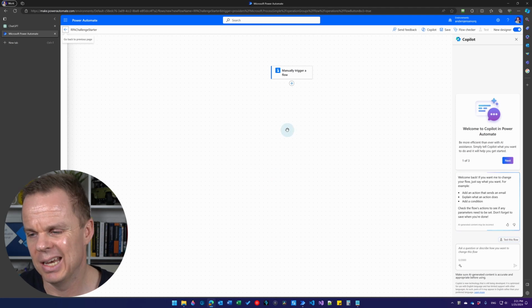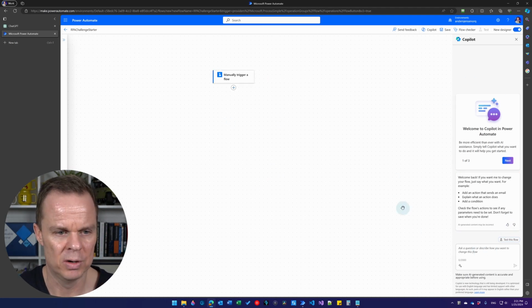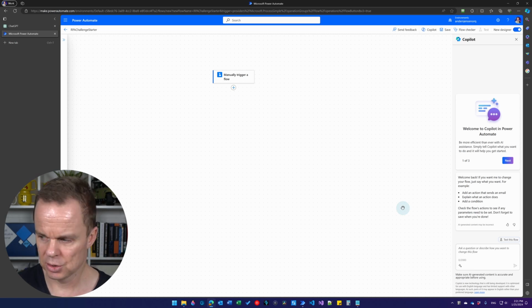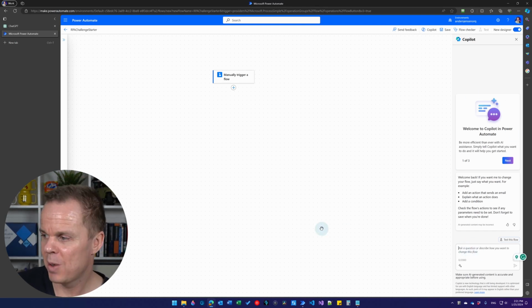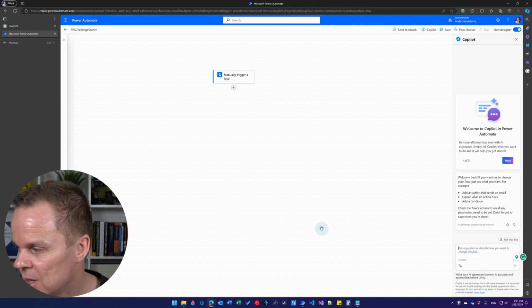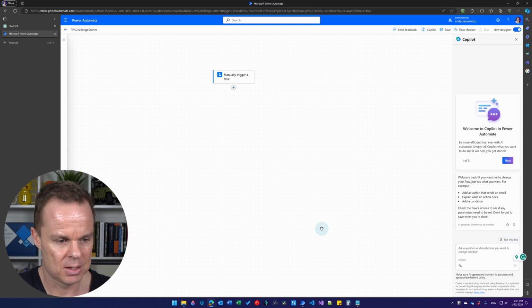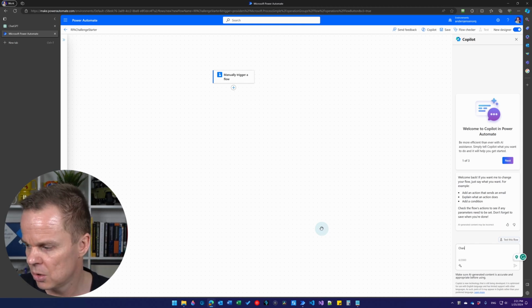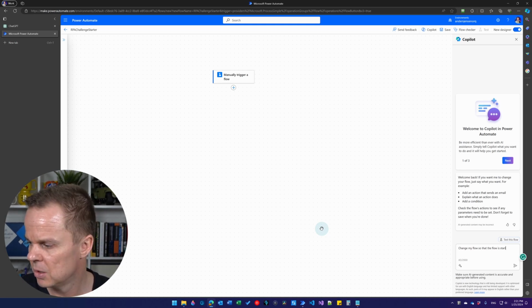So here we have the canvas. This is the new designer. And we have the Copilot over here. Microsoft purchased 49% of OpenAI, and that's why we have it here. Copilot with GPT integrated in our flow. With just natural words, we can build our flow. So let's change that. So here I'll say change my flow so that the flow is started